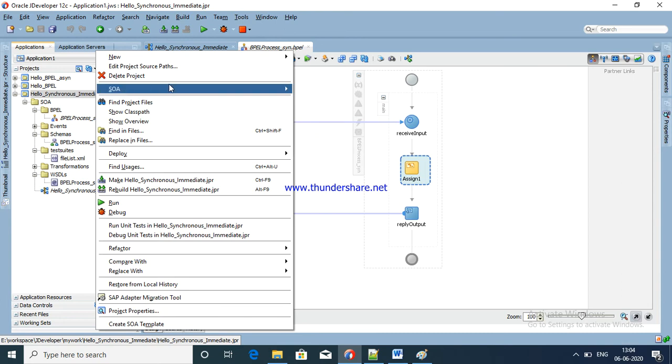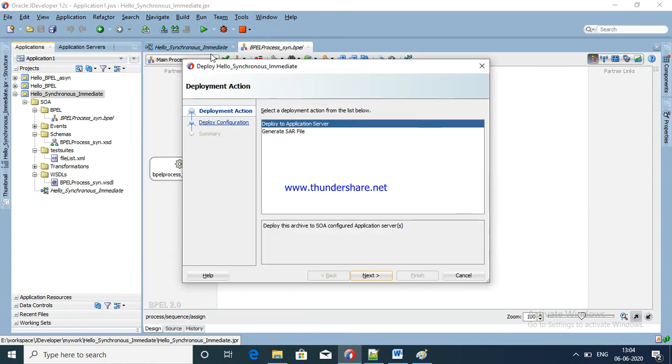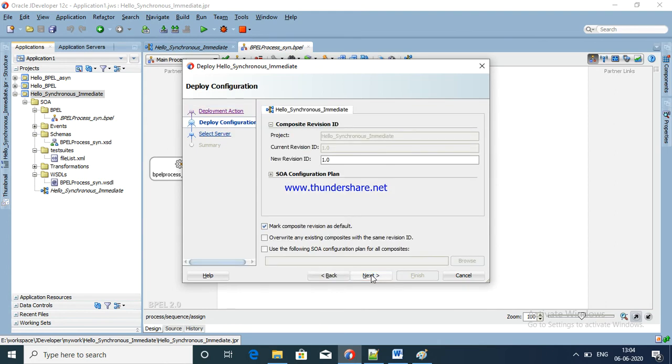Now I am going to deploy to my server. Okay, my server is already running. See here, a red mark. If you stop it, it won't show the red mark. Okay, now I am going to choose. If you have an existing project, we can choose override.